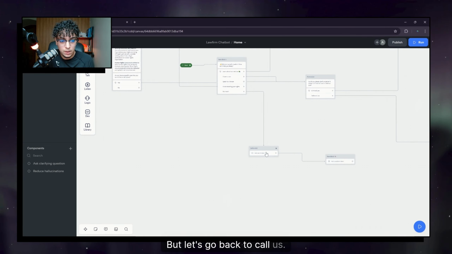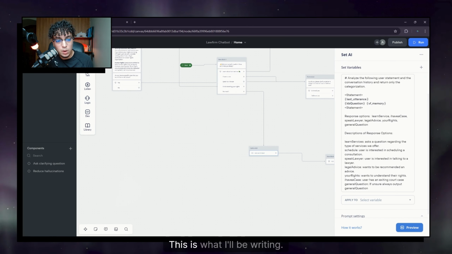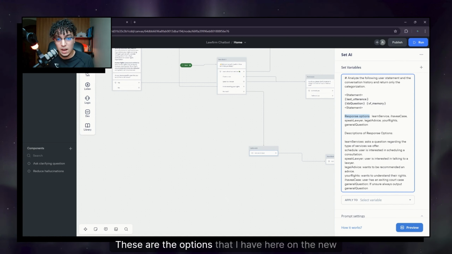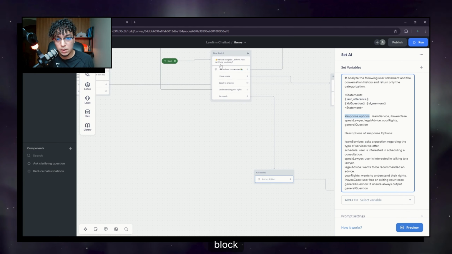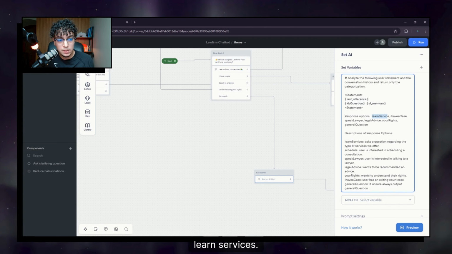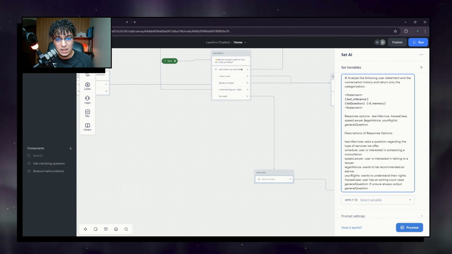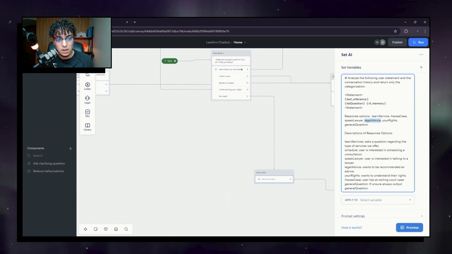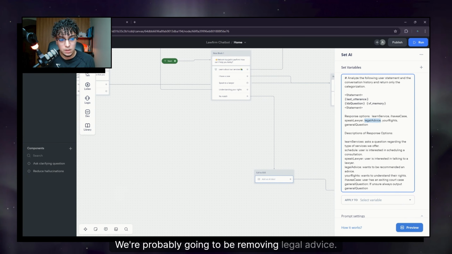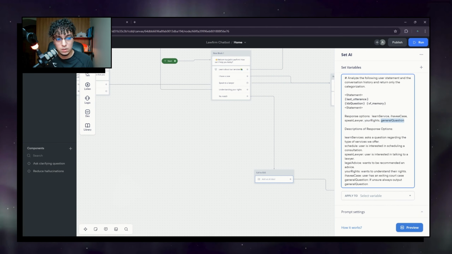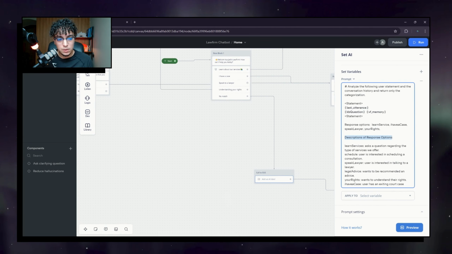This block is going to be an if logic. But let's go back to call EOS. This is what I'll be writing. Response options. These are the options that I have here on the new block: learn services, I have a case, speak to a lawyer, legal. We're probably going to be removing legal advice. I haven't put that one. Your rights and general question. And then it would have description options